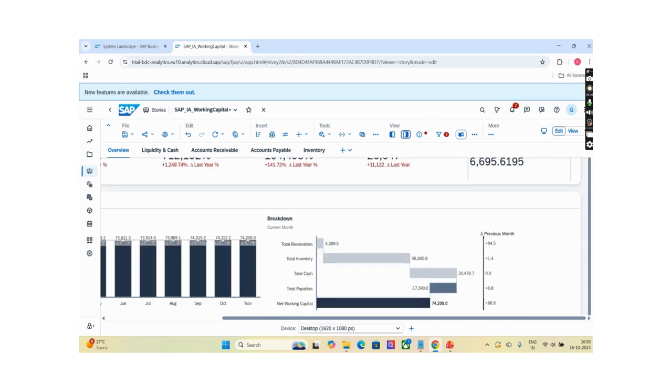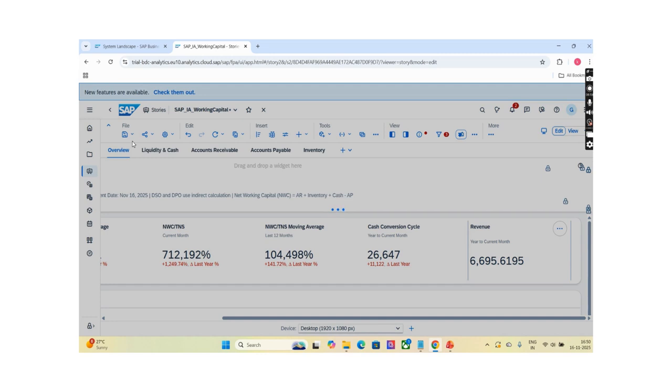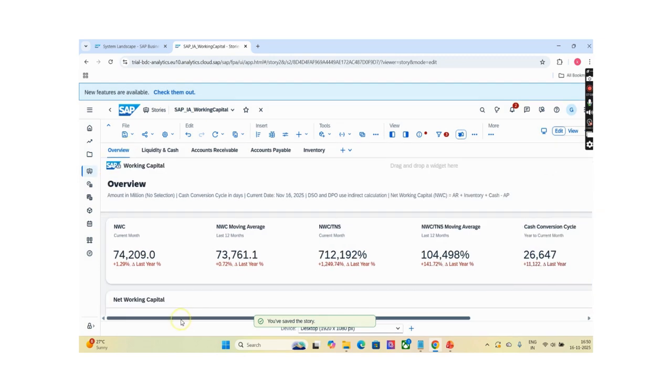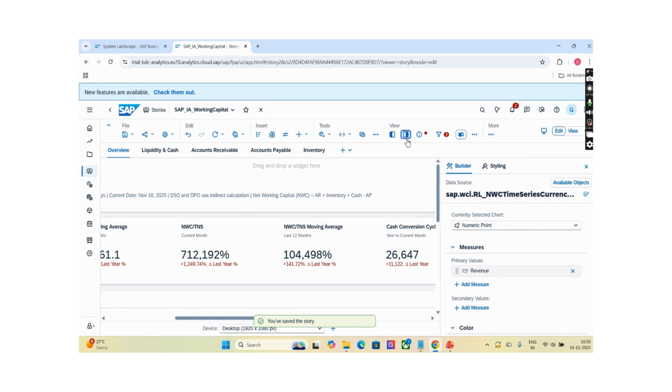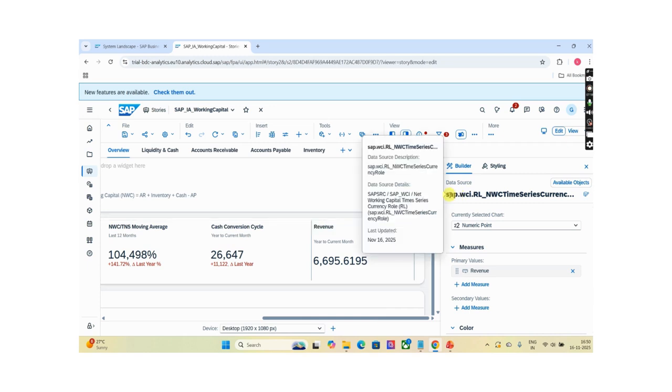We have done the required changes. Save our story. Now this one is not a standard SAP story. Now it's a custom story because we have made changes to this story. Right now this is what I have shown on the SAP side. If you want to make changes on the DataSphere side, let me first show you. First we need to copy the source